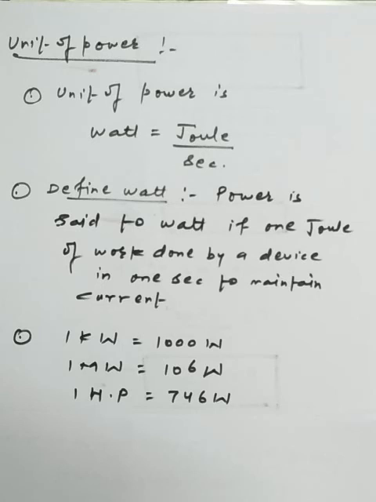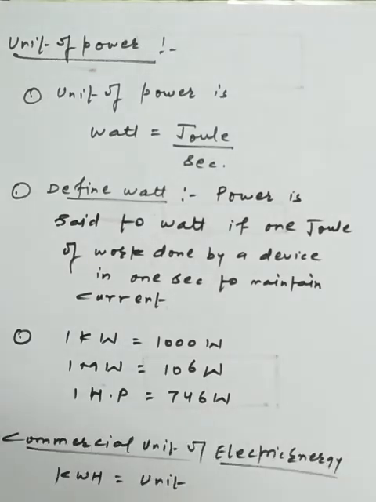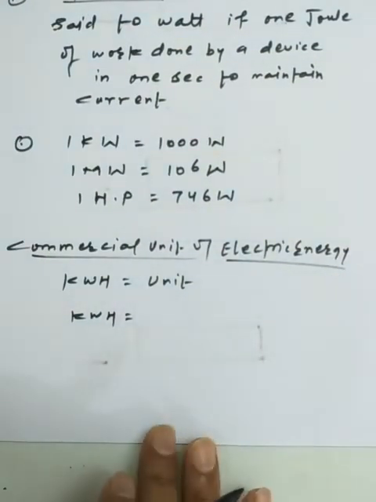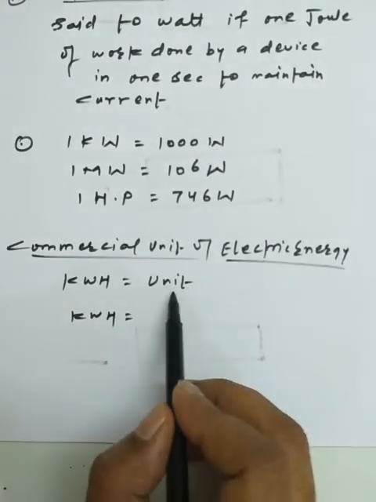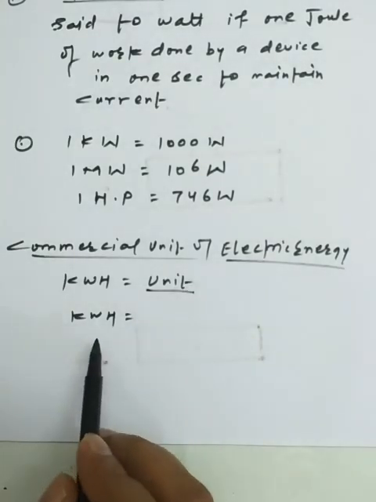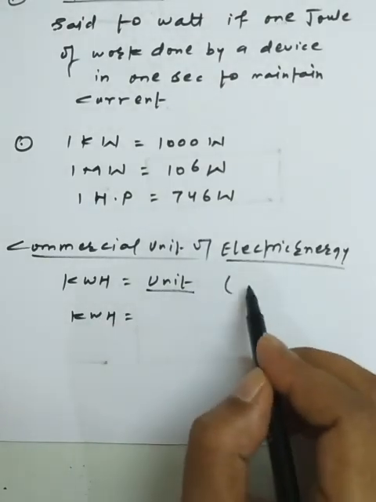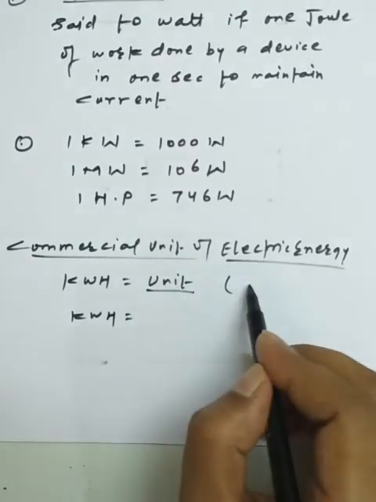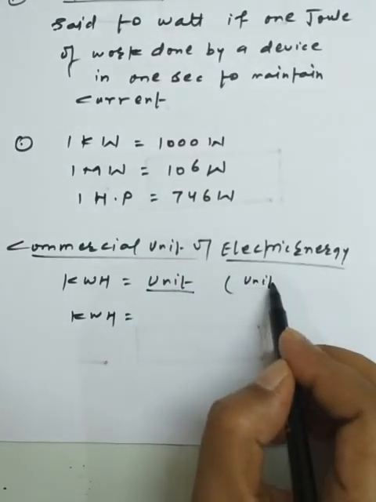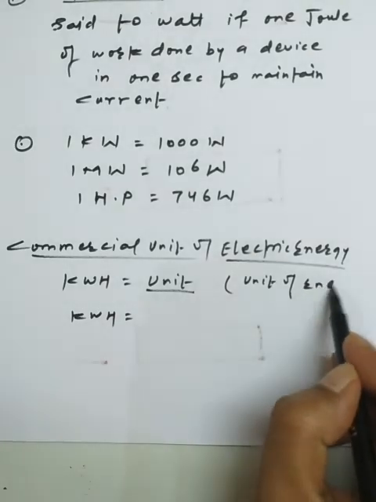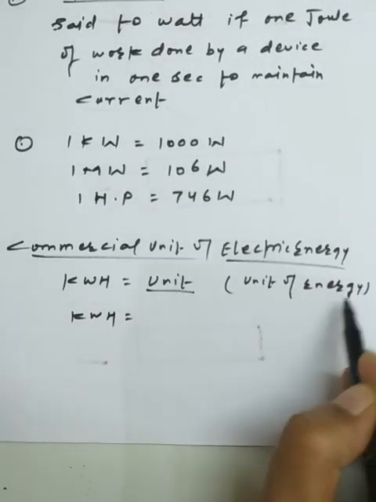Now, what is the meaning of the commercial unit of electric energy? We use the concept of the kilowatt hour, which is 1 unit. That is, if we consume 1 kilowatt hour of energy, it comprises 1 unit. So how can we understand the concept of 1 kilowatt hour? Definitely it's a unit of energy. You must keep this in mind, it's an important part.